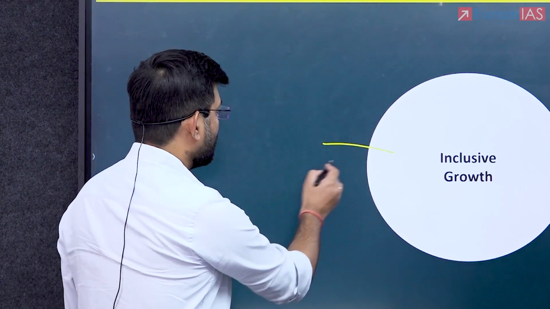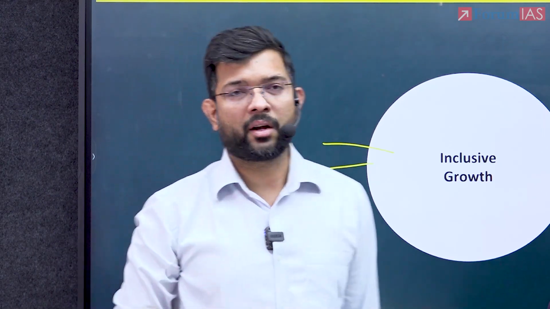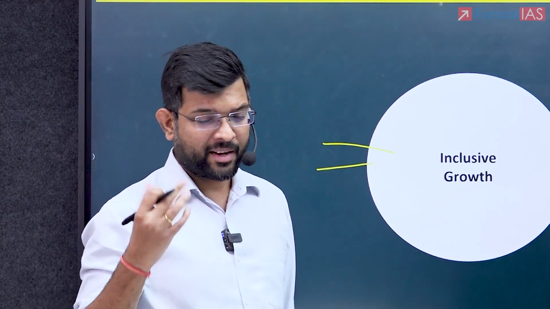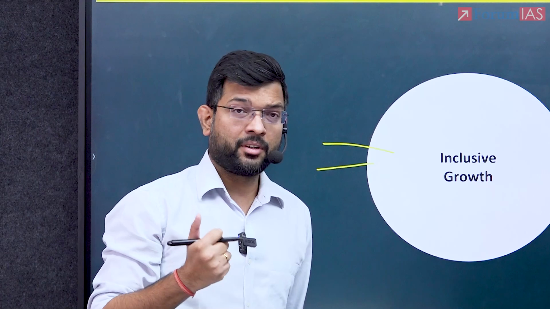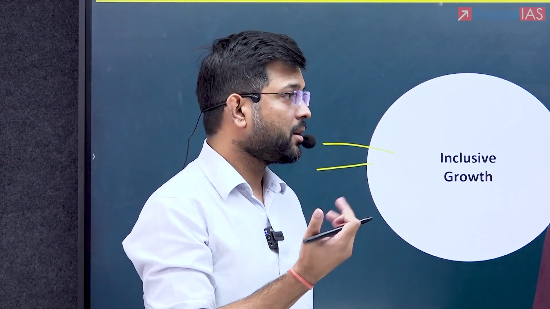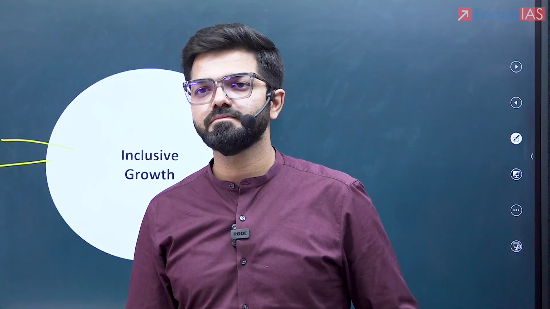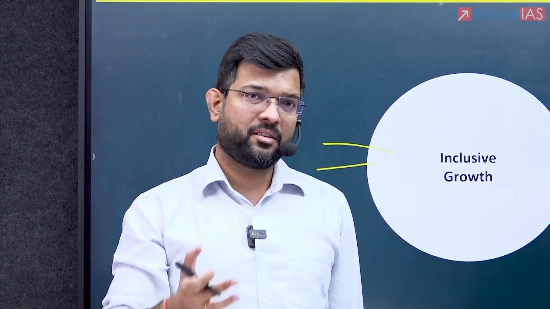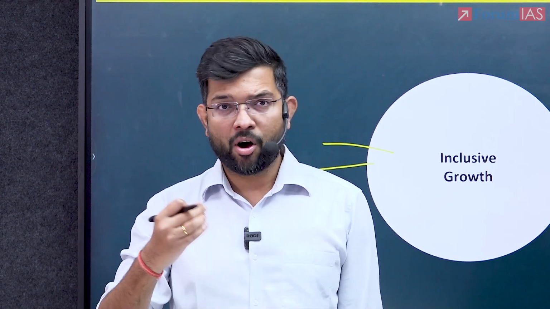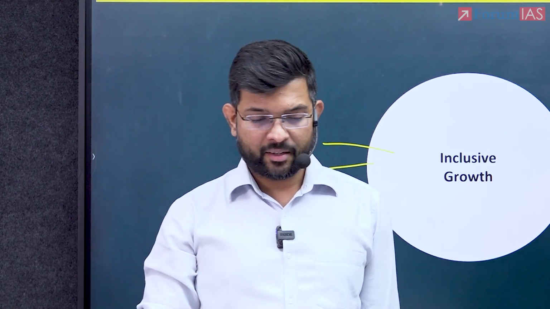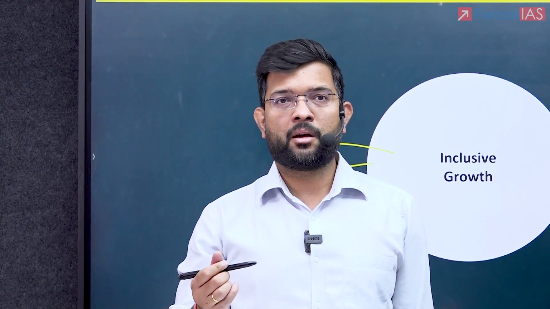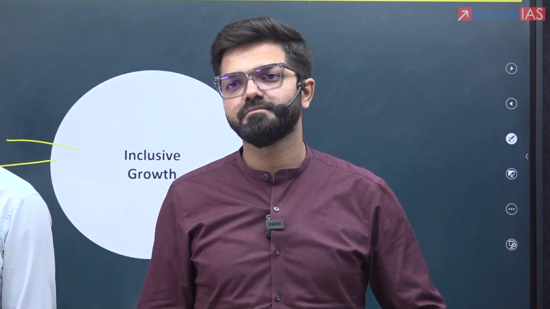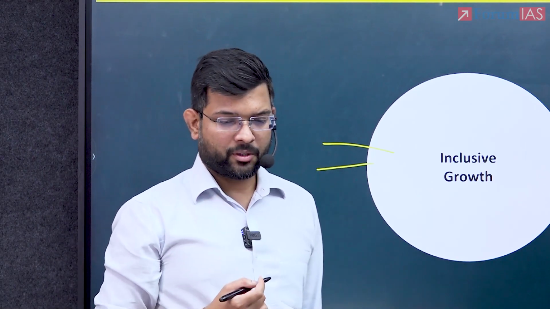Then comes, what are the dimensions of inclusive growth? Whether it can be economic, social, financial, or digital also. So digital inclusivity is another hot topic which UPSC has been focusing on. Then in terms of financial inclusion itself, you have various aspects such as what are the challenges in financial inclusion, and what are the reforms taken by the government towards financial inclusion. In reforms, you should mention the Jan Dhan Yojana, the Mudra Yojana, and various other social schemes which have led to financial inclusion.